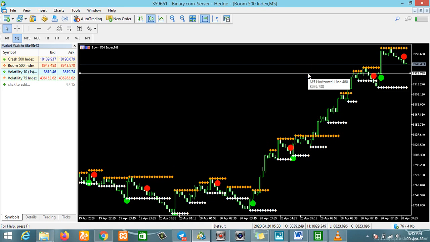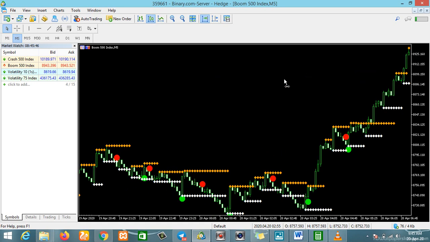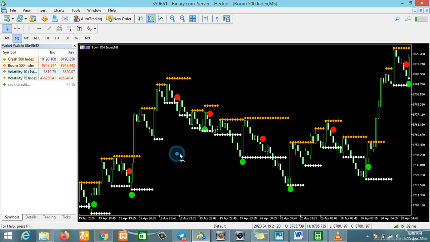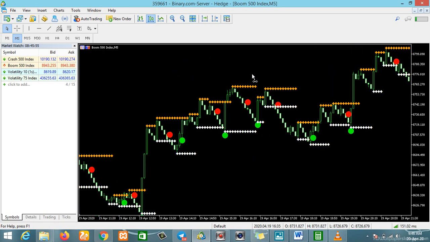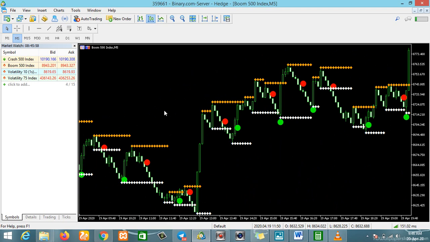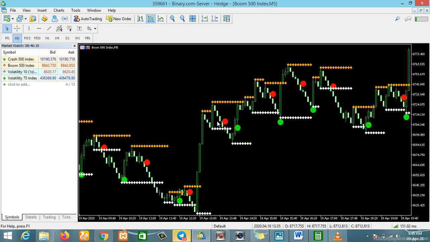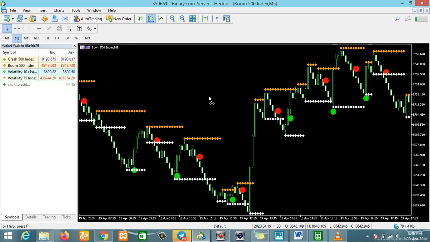This support level has made trading a bit easier than the format we used to use with the bars alone. Using this indicator, you can scalp easily. But one thing you need to note is that you don't adopt a trend from the beginning and wait till the end of that particular trend. I won't advise you to do that, although I've done that many times. If you don't have large capital, you might as well not go into trading a trend all the way through. So we must be advised.